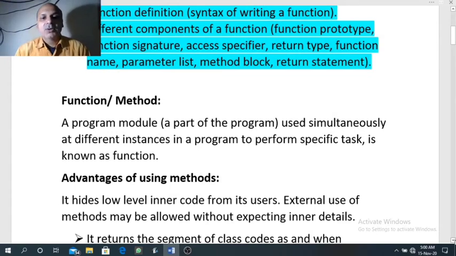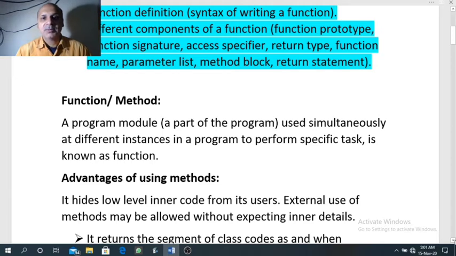A program module or a part of a program which is used simultaneously at different instances in a program to perform a specific task is known as a function. A function is nothing but the instructions given to the computer in a block. That block, you are familiar with that.